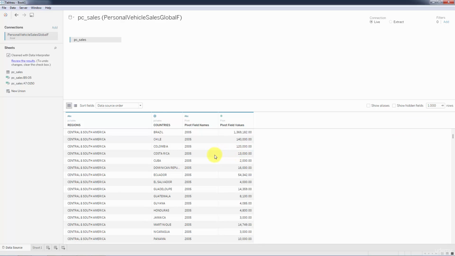So there you go. That's how to use the split function. And next time we will look